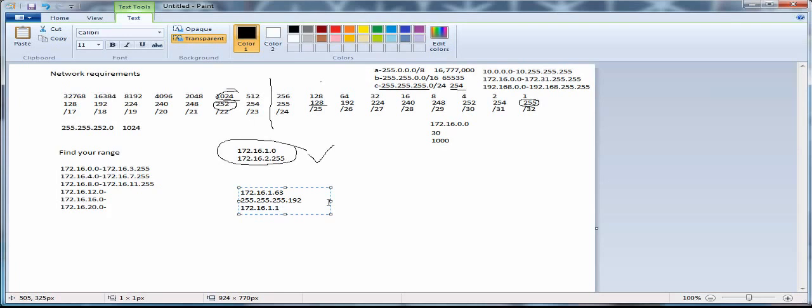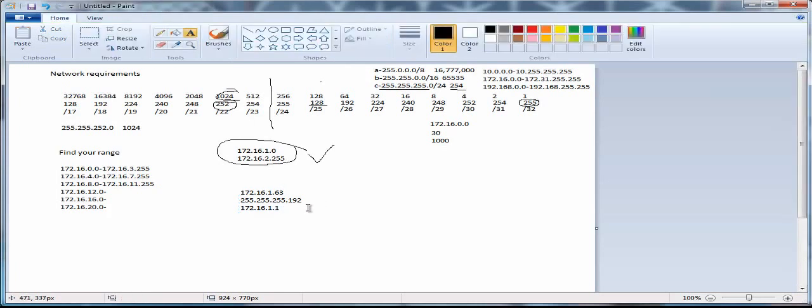Now, going based on what you know right now, is this a usable, or okay, the scenario could be